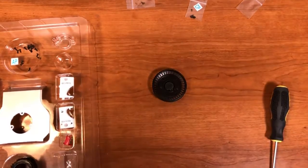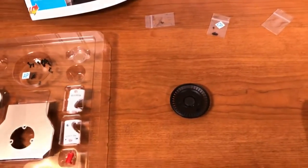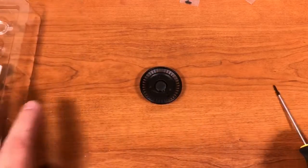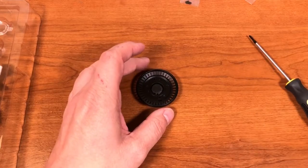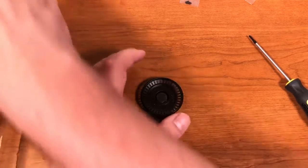Let's change this orientation a little bit. Okay, maybe that's a little bit better. Maybe that'll work. All right, that looks a little bit better. I think you'll probably agree with me. So we have this right here, and now we have